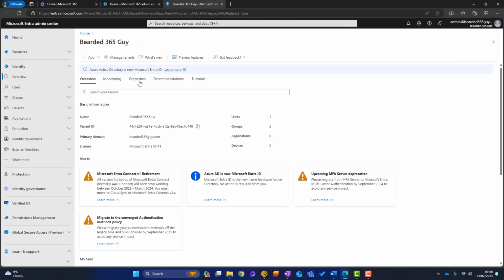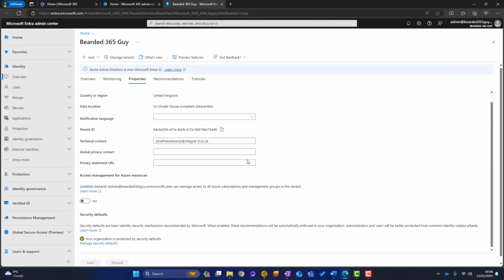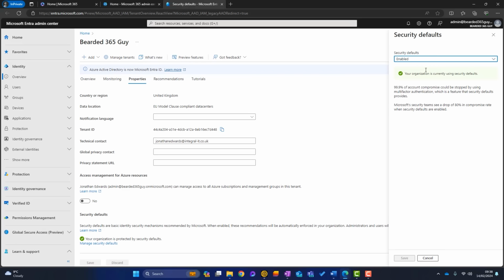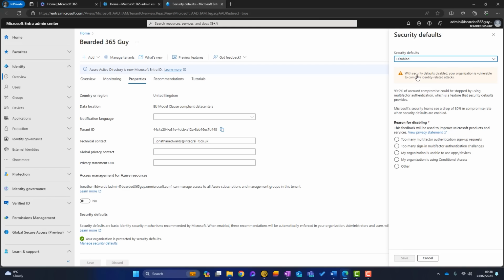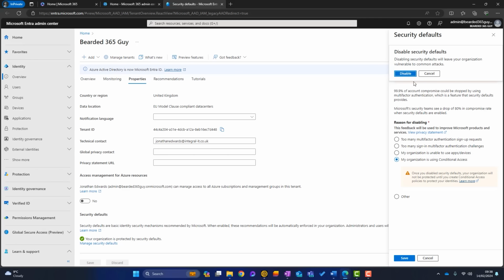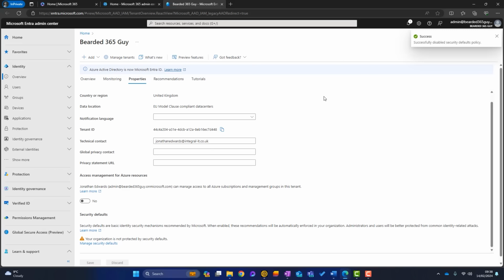We then go to properties and we scroll down a little bit, and at the bottom you can see your organization is protected by security defaults, and that is switched on. So we click on there and we want to disable it. It will then ask us why we're disabling it. And the reason is my organization is going to be using conditional access. Okay, we click on save, we click on disable, and that is security defaults disabled.